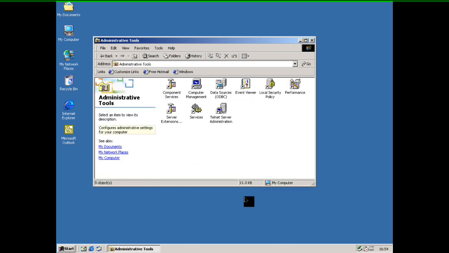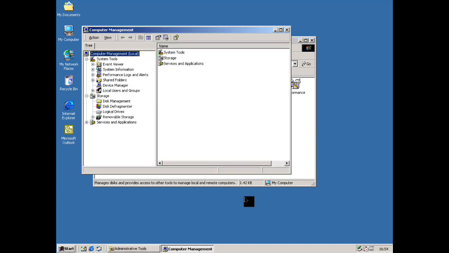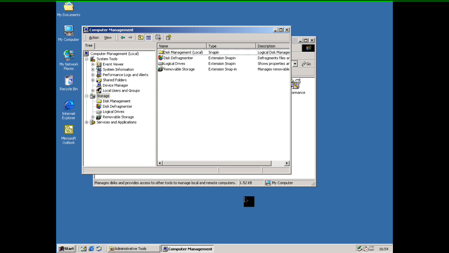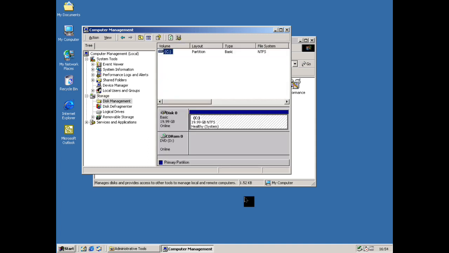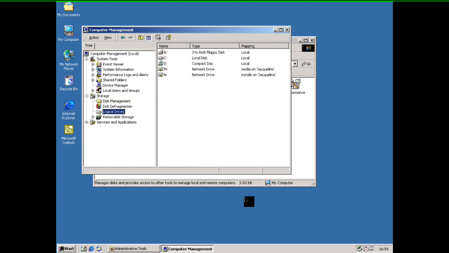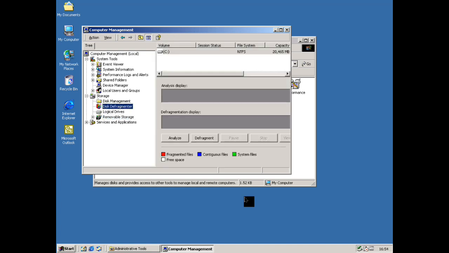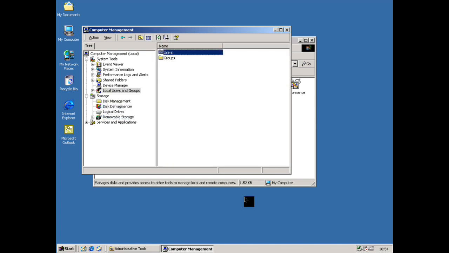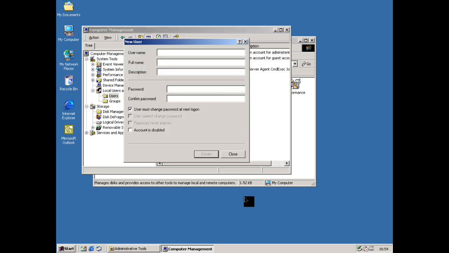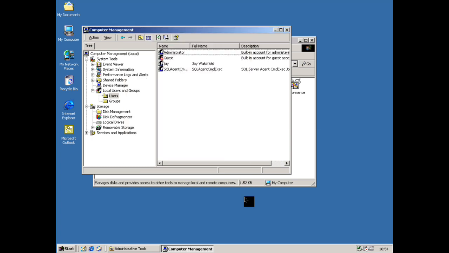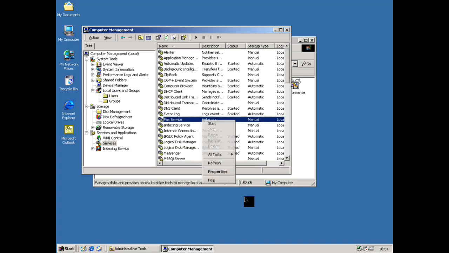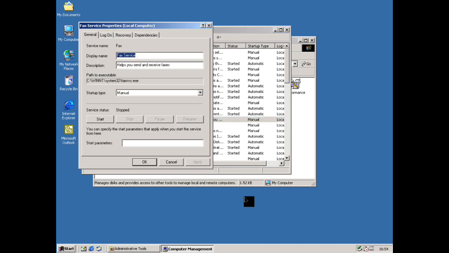And we can also go into administrative tools. We can have a look at the computer management console. So from here, you can look at storage. We've got all the things to do with storage: disk management, logical drives, removable storage, disk defragmenter. You can make new users and groups from the management console. Have a look at running services, and we can actually look at properties of services